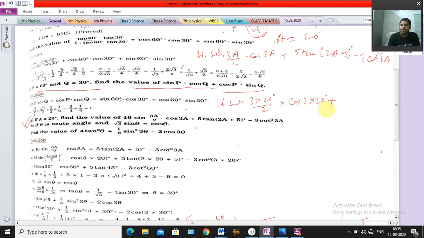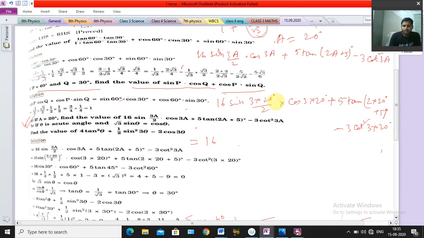That's why I am writing at first the values, after that we will do the cancellation. Next, 5 tan 2A plus 5. 2A plus 5 means 2 into 20 degree plus 5, okay, minus 3 cot square 3 into 20 degree. Okay, next